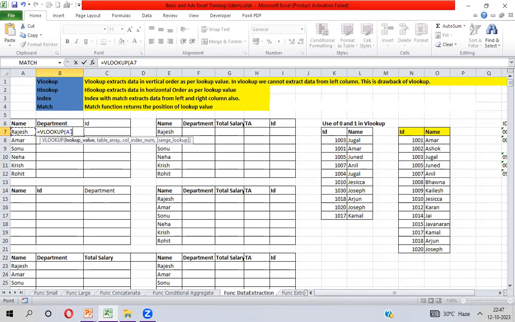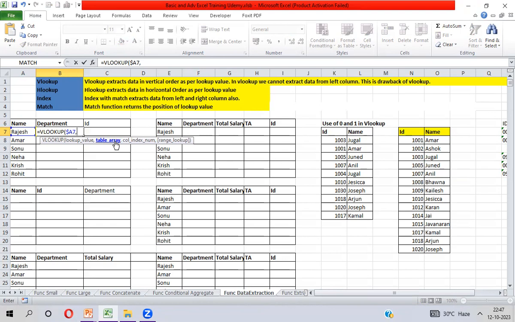Next part is how we can freeze here. The freezing part is a very important part of Excel. So here I'm pressing function F4 three times to freeze our column,